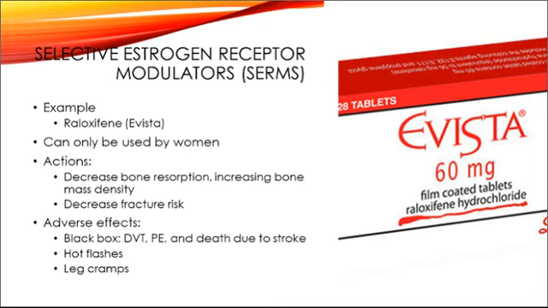It decreases the bone resorption, which leads to an increase in bone density, decreasing the fracture risk. It is contraindicated in anyone that has a history of any thrombolytic event, whether they had a pulmonary embolus, a deep vein thrombosis, a clot anywhere in their body. It is a contraindication. It's contraindicated in pregnancy and any plan for pregnancy, and in lactation. Adverse effects can include leg cramps and hot flashes.